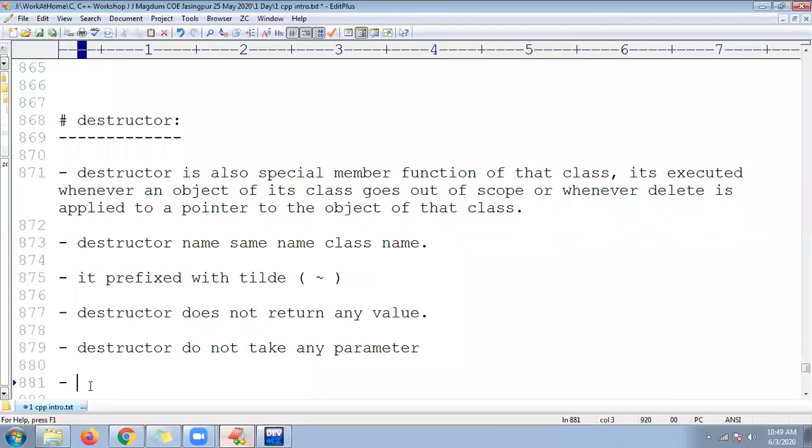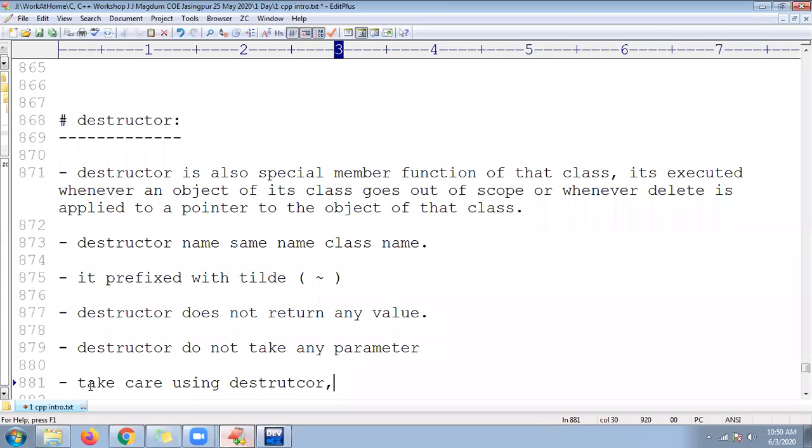So guys, I request all of you, take care of releasing resources. Take care while using destructor, because if you destruct while your program is under execution, then definitely memory will be removed.